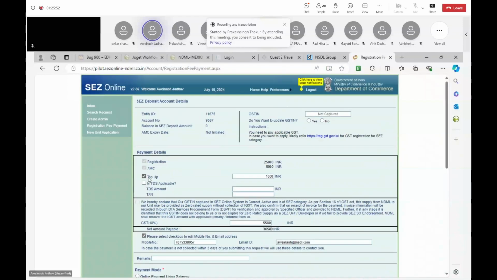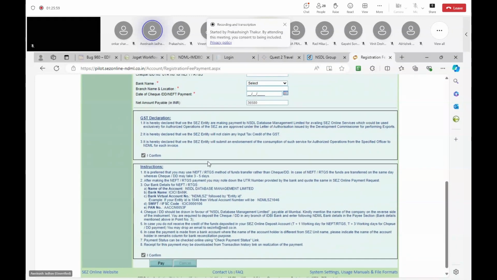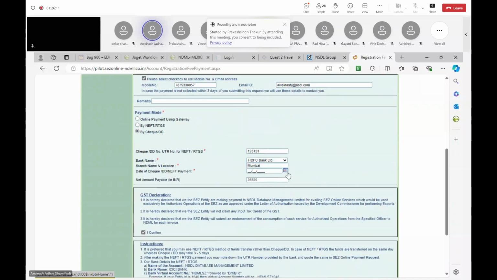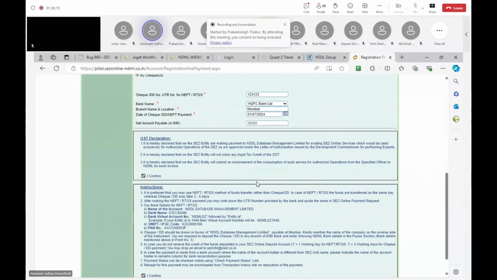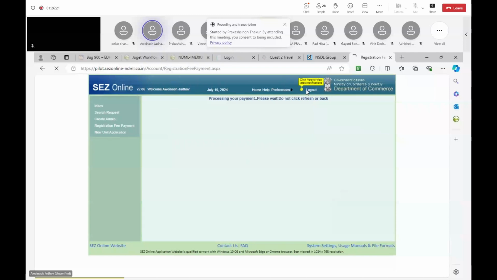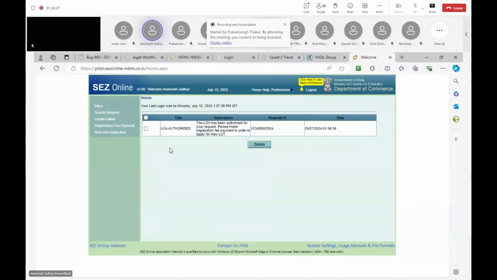So I'll be going with cheque DD. You have to select your confirmations, declarations, चेक नंबर आप डाल दो, बैंक कौन से इसमें से किए हैं आपने वो डाल दो, ब्रांच मुंबई, चेक डेट, तारीख एंड पे। ठीक है, तो ये पॉइंट पे क्या है आपका, आपने जब रजिस्ट्रेशन फी पेमेंट की है एनएसडीएल को, वो आप यहाँ पे कैप्चर कर रहे हो। अनिल, एक ऑप से स्टेजिंग में पेमेंट ऑथराइज करना।